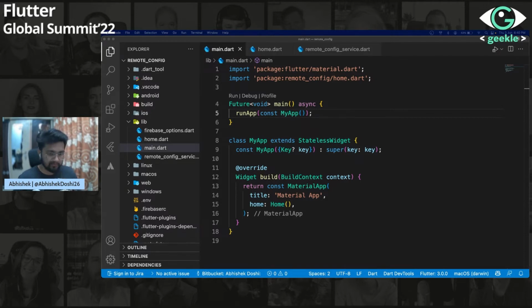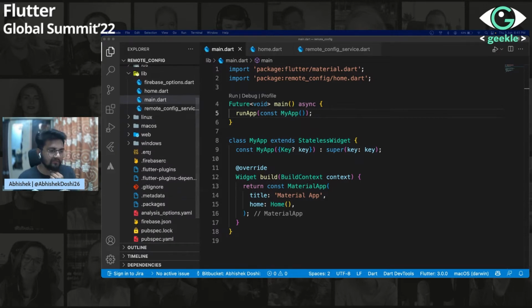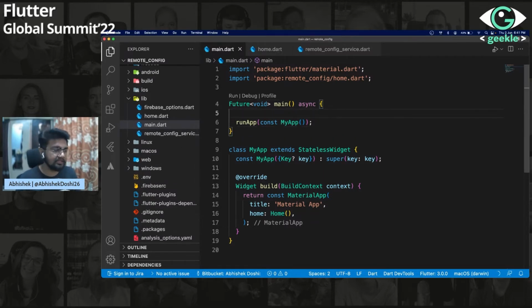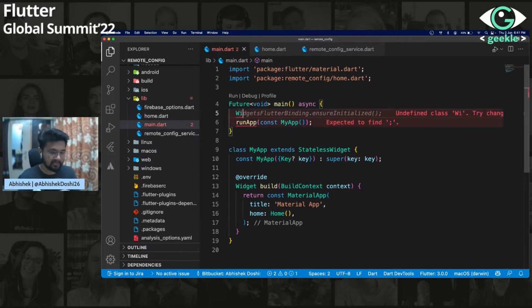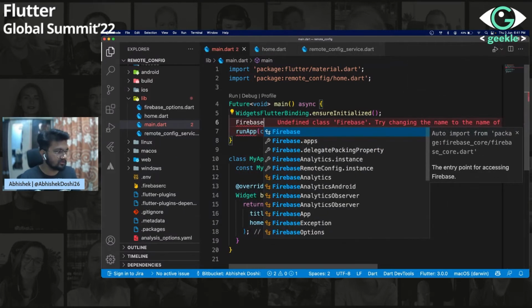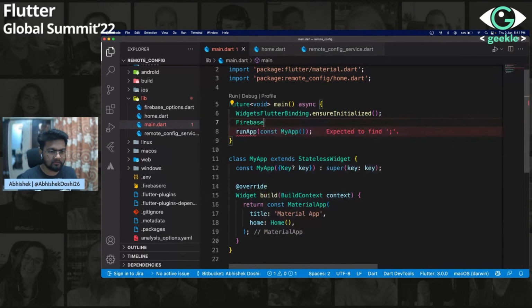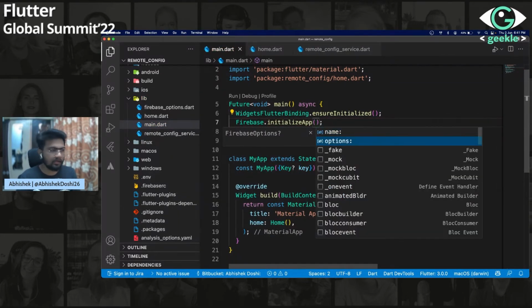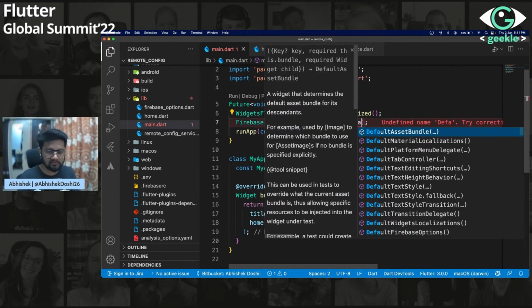And if you remember, we have used this .env file. So here, whenever you want to use a .env file, you need to load that particular file. That can be loaded in the main function itself. So we would just call Firebase.initializeApp and provide the default options